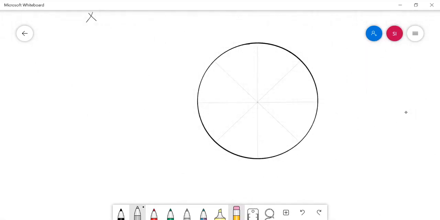Now I have to give the names for the generator points in the base and the face. In the base we are using alphabets, and in the face we are using numerals.